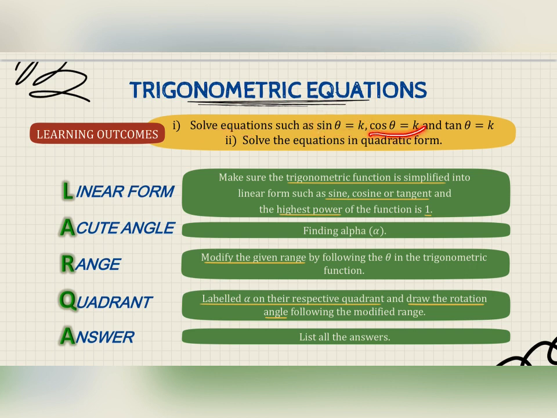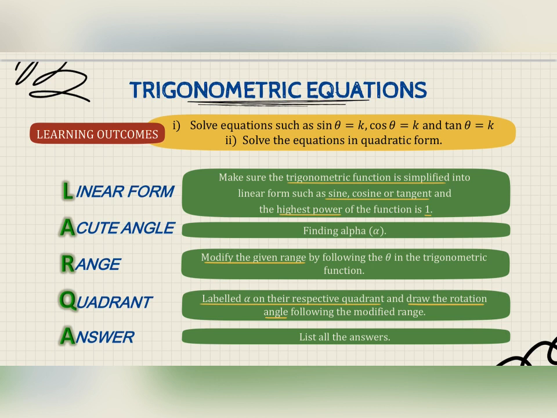k or cos theta equals to k and tangent theta equals to k. So this is actually linear trigonometric equations. Okay, dan juga kita boleh solve the equations in quadratic form. So maksudnya kita akan dapat sin square theta equals to 1 and so on lah. Okay, so kita mulakan dengan linear dahulu. Okay, so untuk linear